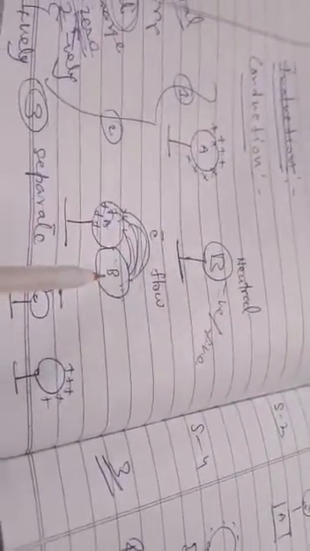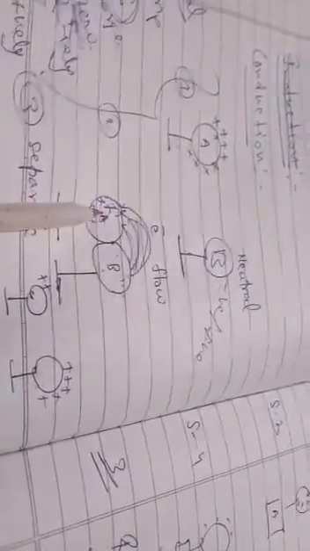So it's very simple to understand why and how it happened. Because when we made their contact, some of the electrons from B flowed to A, so that in B the number of protons becomes greater than the number of electrons, by as many electrons as have gone there. Suppose 5 electrons have moved from B to A, so that B is having 5 pluses, or you can say it is positively charged.